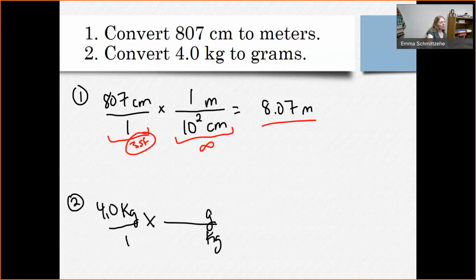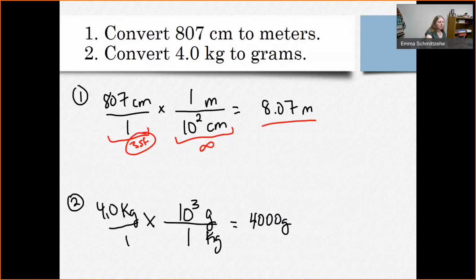And so with that, again, this is a metric base unit and prefix. And so I can just think about which one's bigger, grams or kilograms. Well, kilograms are bigger, so one of those has a bunch of the small things. So 10 to some power, and that power is dependent on the prefix. So kilo is 3, so 10 to the third grams in a kilogram. Okay, and so then that means that I have